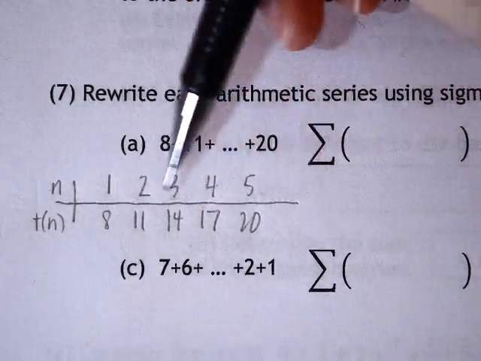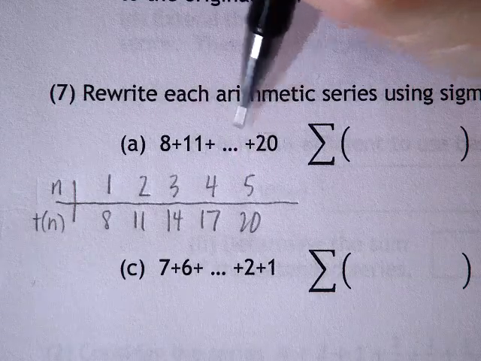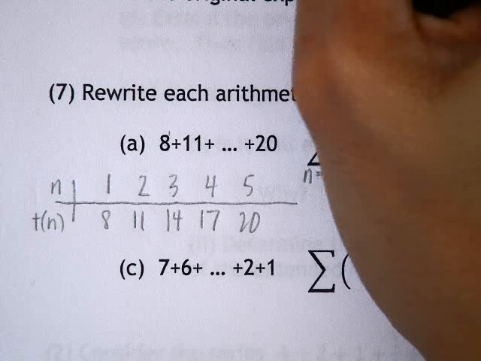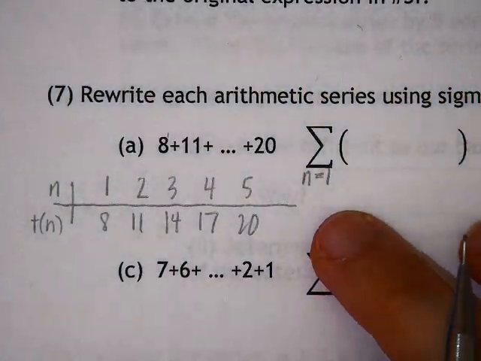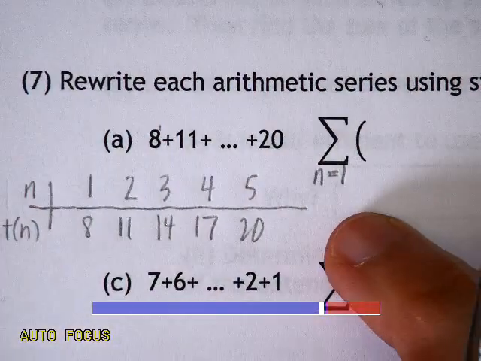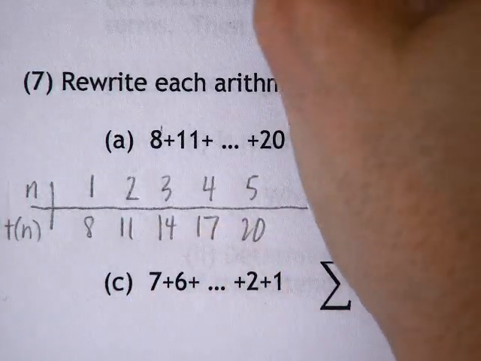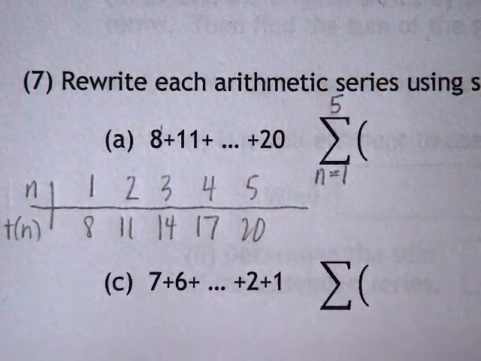Now that I can see my table all laid out, I can tell that this series started with the first term, so n equals 1 must go at the bottom of my sigma expression. And this series ended at the 5th term, so at the top, I'll write a 5. Now, did you notice